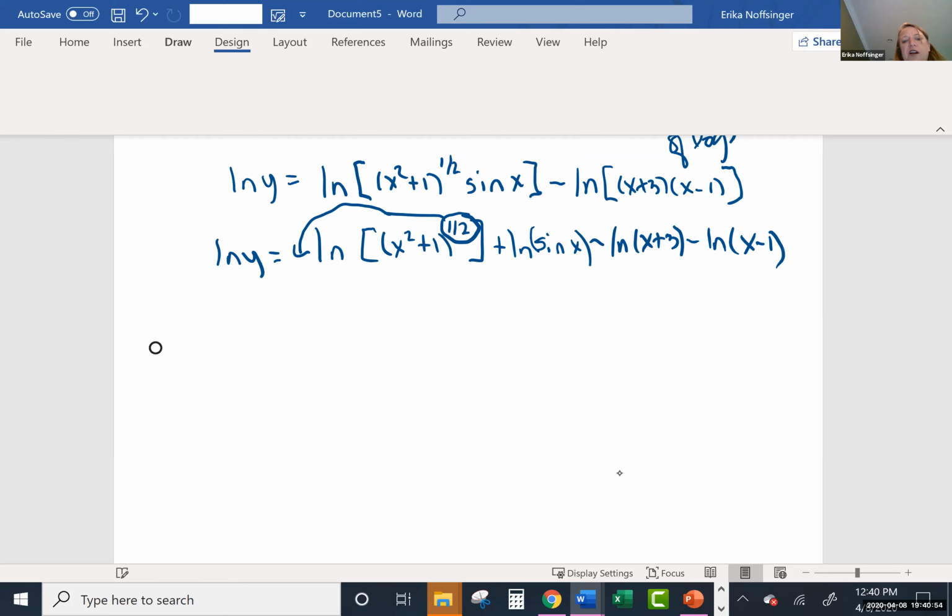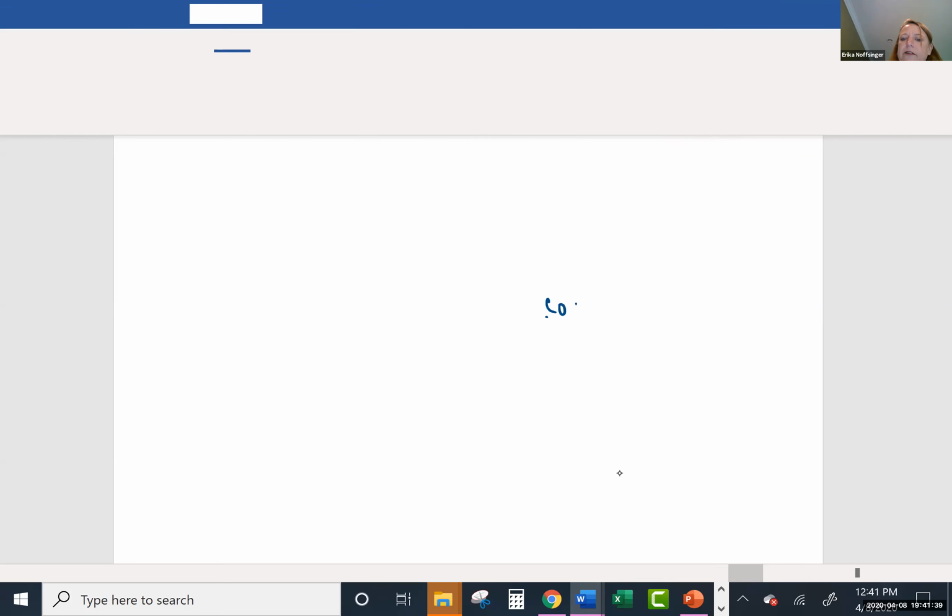So taking the derivative of natural log of y, that is 1 over y times the derivative of y, which is dy dx, 1 times dy dx, is equal to, so bringing this down, that was 1/2, but then derivative of natural log of x squared plus 1, so that's 1 over x squared plus 1, times the derivative of the inside, which is just 2x, plus, so 1 over the sine of x times the derivative of sine of x, which is cosine of x